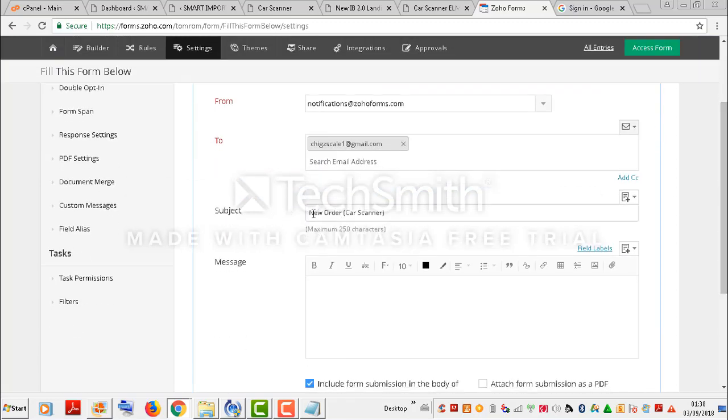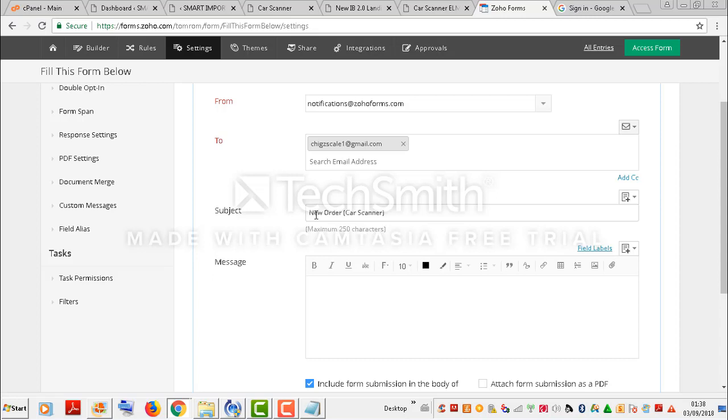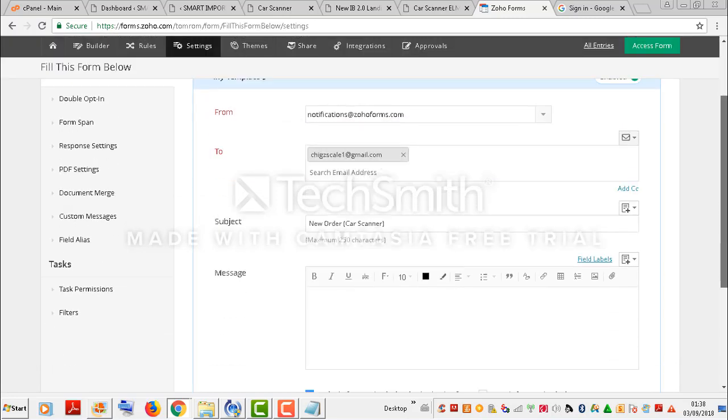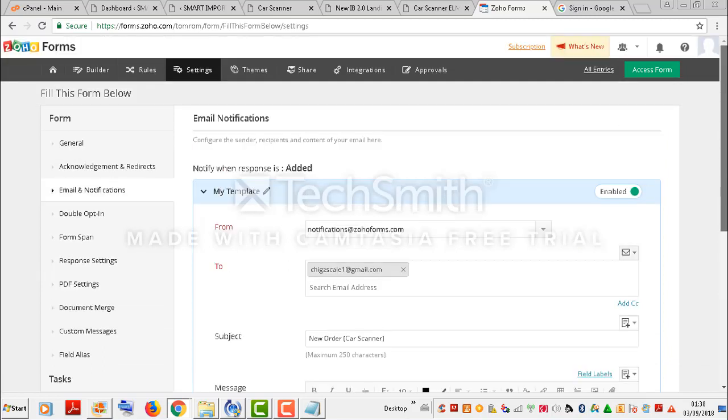You will have peace of mind once you see new order, and once they start coming in like 10 times a day, you feel at home. So that's why I like using the words new order. So that is that concerning